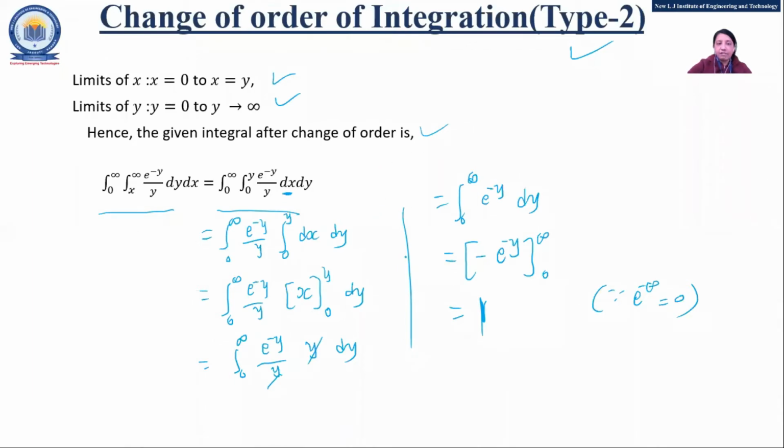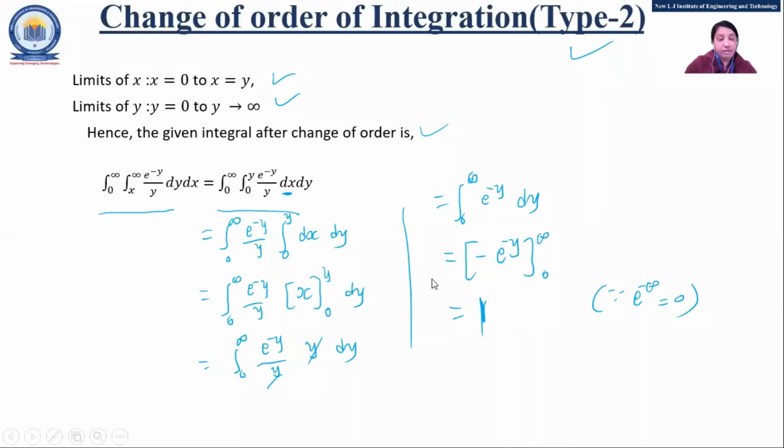Any doubt in how to decide a limit? That is the main thing. Okay, if it is a horizontal strip, then you are supposed to write the x first. If it is a vertical strip, then write down the y first. That is the thing. Okay, just one thing you need to remember.